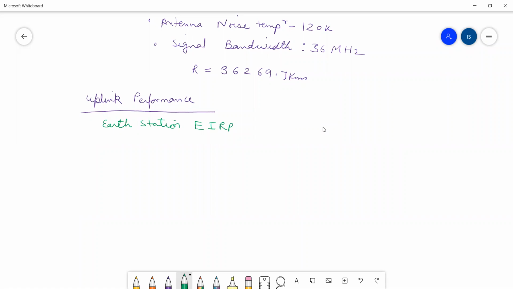Okay. That is EIRP is PT and GT, the gain of the antenna, and the